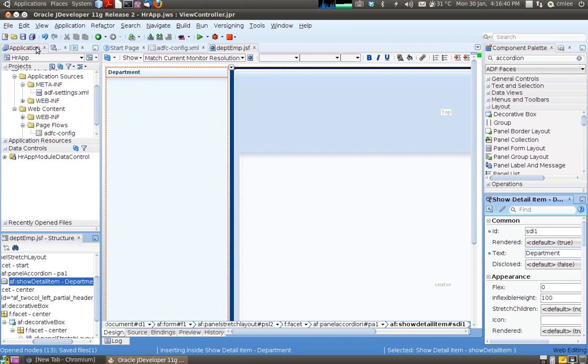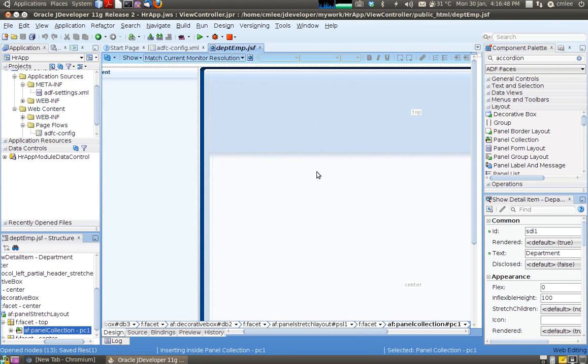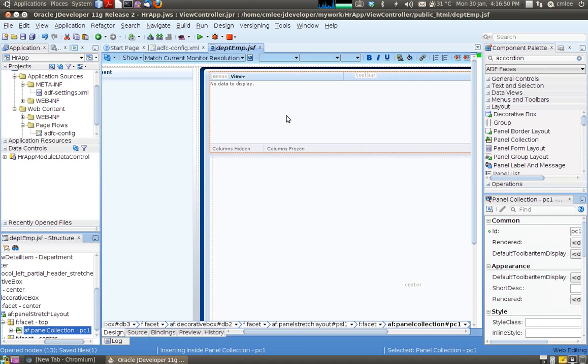selector over here. So over here I'm going to use something called a panel collection. So a panel collection, drag and drop it here. So panel collection allows me to display my data in a group, either as a tree or maybe as a table. And finally under here, for the individual employees, I'm going to use